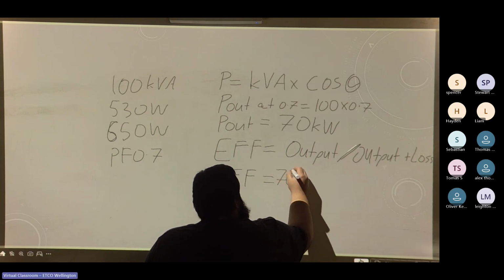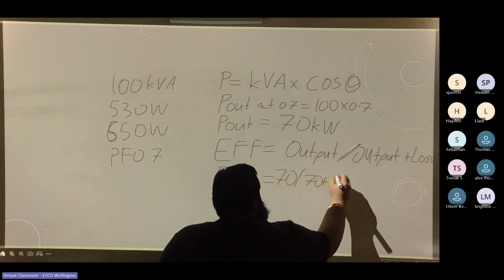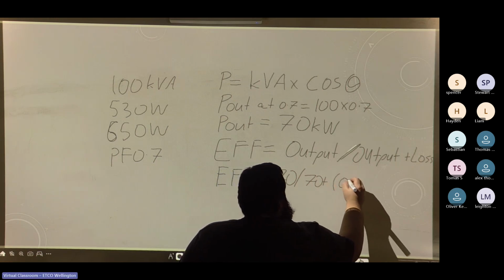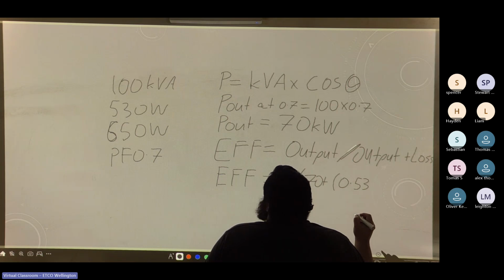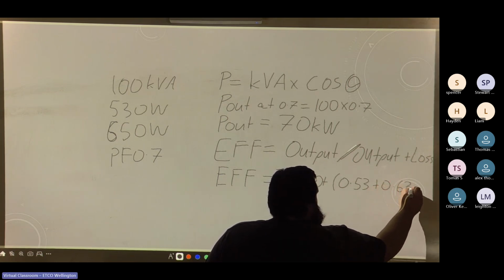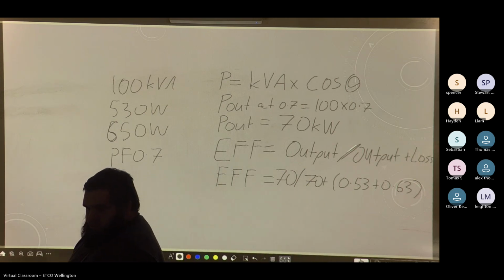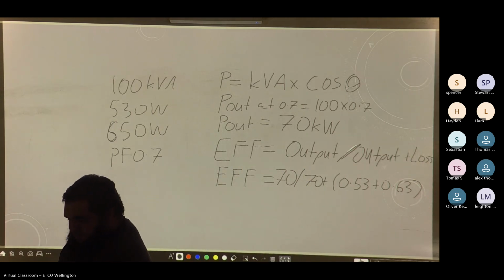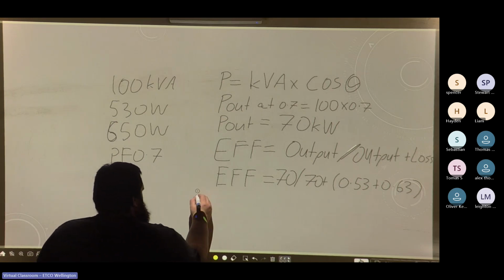So you got 70, which is your output, over 70 plus 0.53, because our losses are in watts, plus 0.63. Cool, which will give us an efficiency